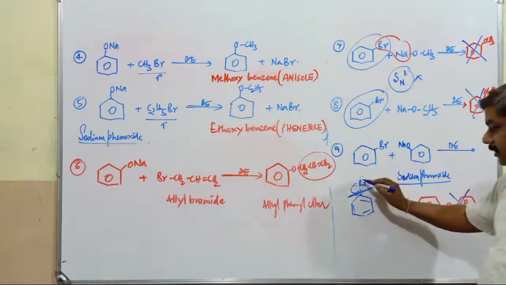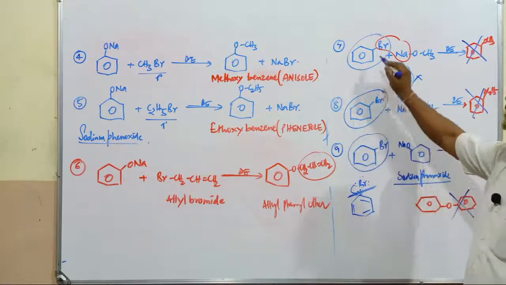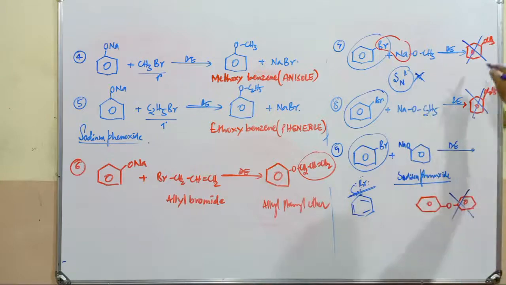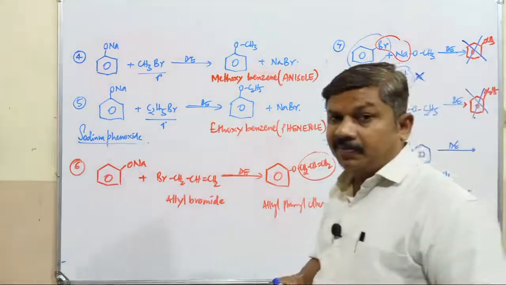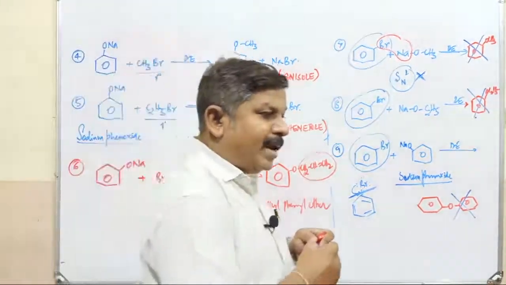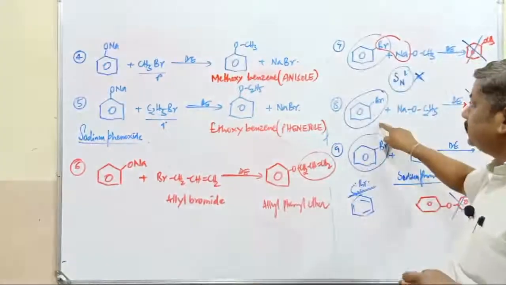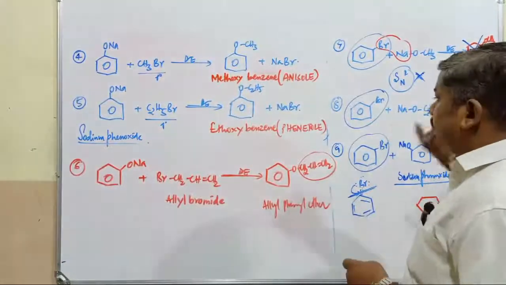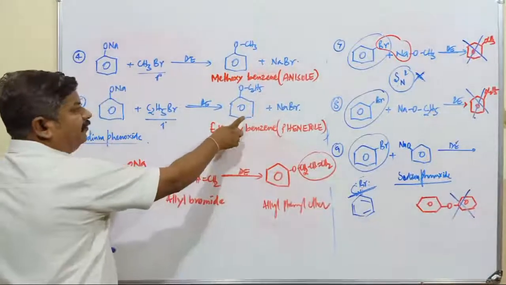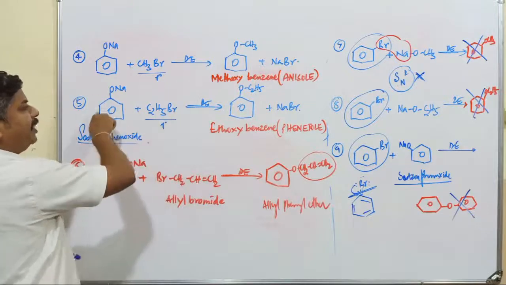Because of this, these haloarene molecules, this one or this one or this one, do not undergo an SN2 reaction. Hence there is no formation of any type of ether. To get a better yield, the alkyl halide should be primary. If an aryl halide is taken instead, there is also no formation of ether. If you want to prepare an aromatic ether, the alkyl halide must be primary and the sodium alkoxide can be aromatic.